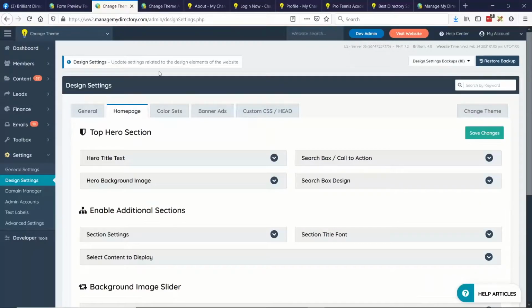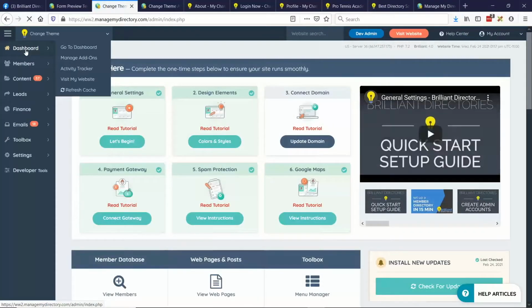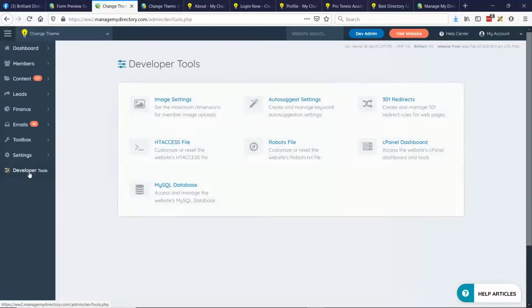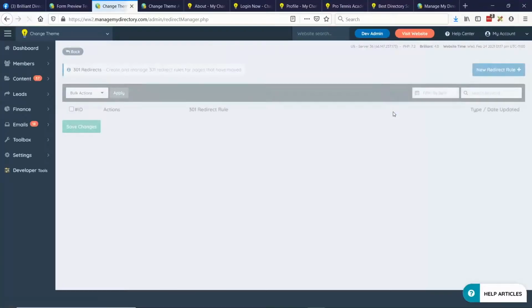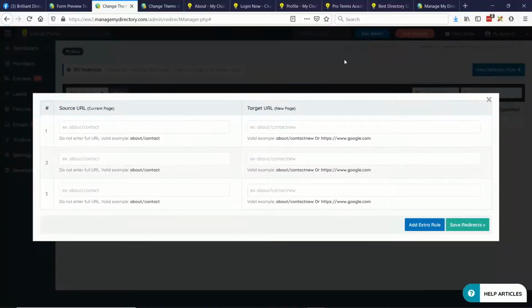So for this, let's start at the dashboard again. We want to go to Developer Tools and 301 Redirect Rules. Let's create a new redirect rule. Let's say we want to tell people, whatever the name of the website is, Facebook.